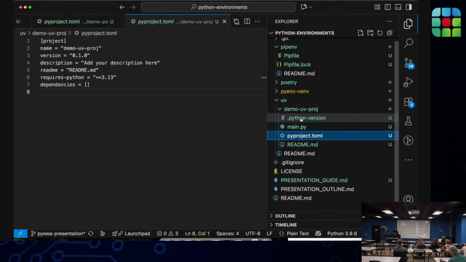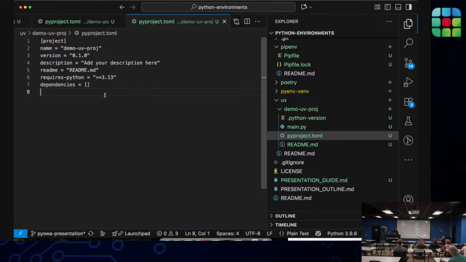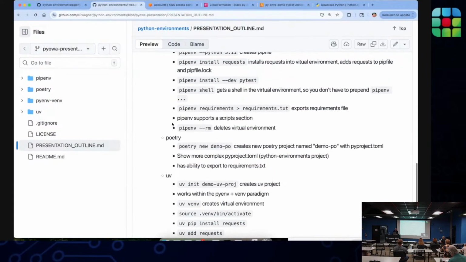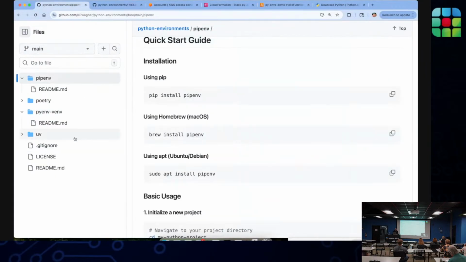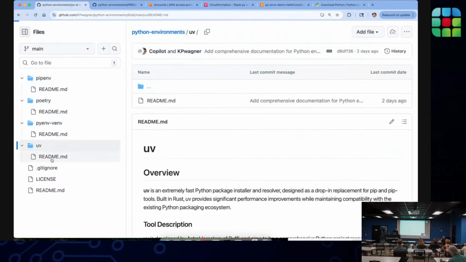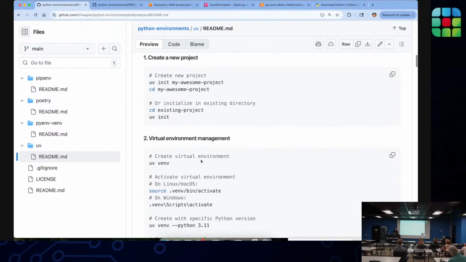So in the UV project, it uses a TOML file, the pyproject.toml file. I know that these can be pretty elaborate also. Let's see, UV, I think there's an example in here.